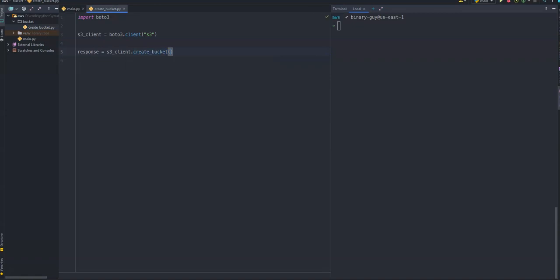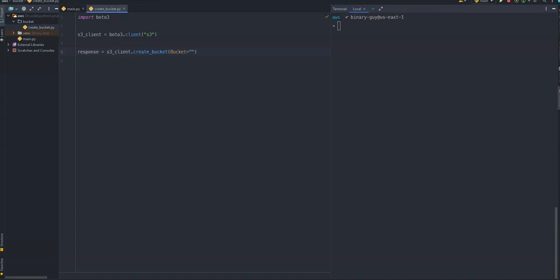You need to pass a few parameters to this function, and the only required parameter is the bucket name, which you do by Bucket equals, and in here you have to give your bucket a unique name, and this has to be unique across all AWS regions or all AWS accounts.